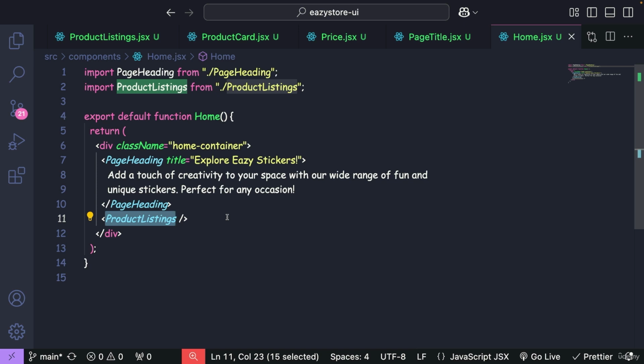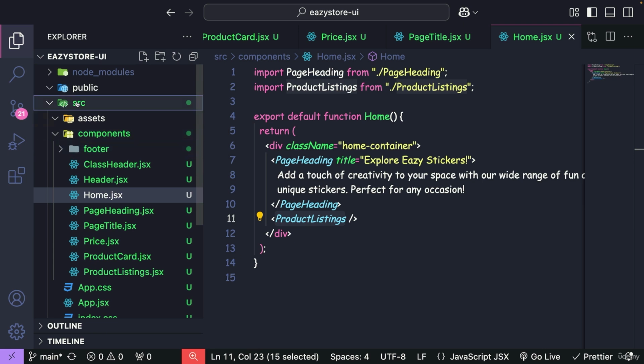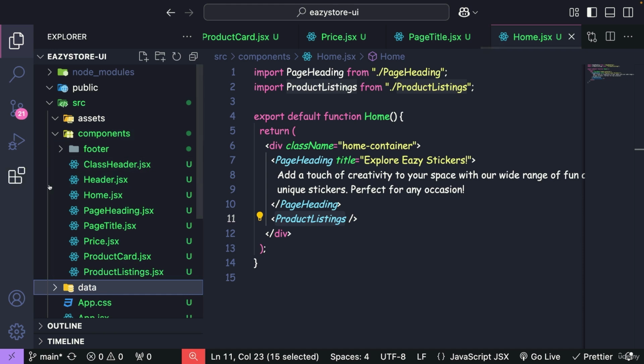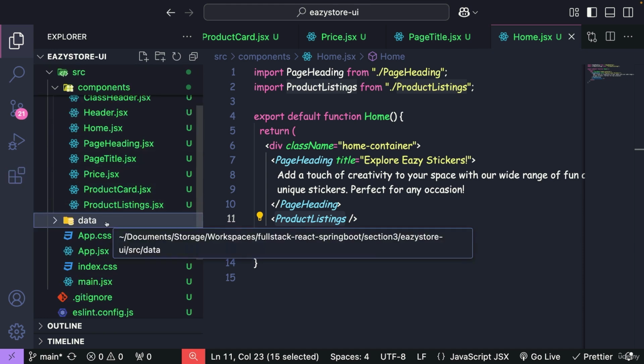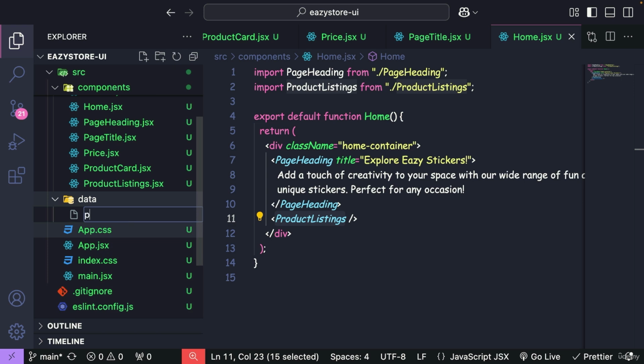But for now, to make our homepage work perfectly without any issues, we can populate the products dummy data within the UI application itself. How to do that? It's very easy. I'm going to guide you step by step. First, we need to create a new folder under the src. Let me create the folder with the name data, because inside this folder I'm going to maintain all the products related data. Inside this folder, let me create a new file with the name